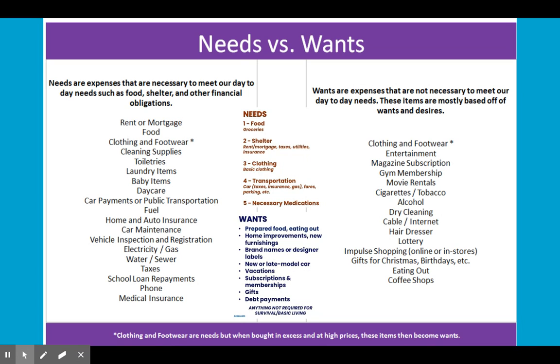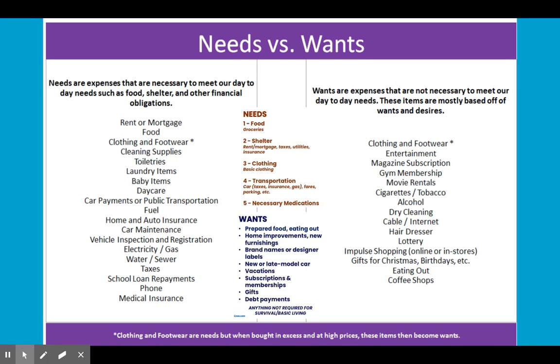Transportation needs, whether you own a car or you're making payments on a car or you're using public transportation. Certain insurances are required by law. Some you can make a choice on, right? They're optional, but some are required. You have utilities like electric and gas and water and sewer, and there's certain taxes you've got to pay, right? And you have medical needs, right?